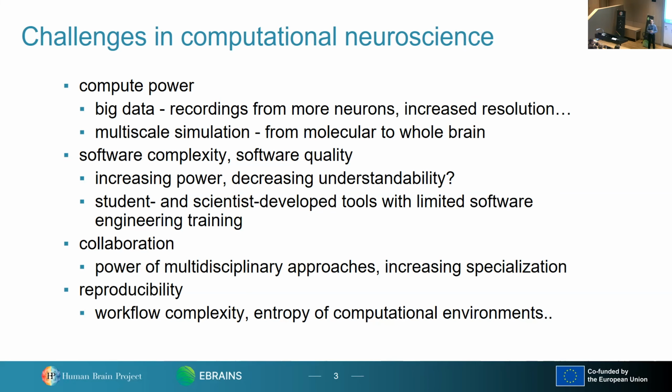There are many challenges in computational neuroscience. Lack of compute power is increasingly a challenge. As we get big data, we can record from more and more neurons with neuropixel probes and so on, increasing the resolution of like 11, 12 Tesla MRI. So the amount of data coming in is larger, and so we need more compute resources to work with that